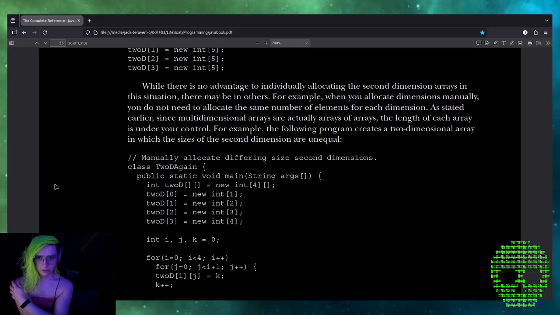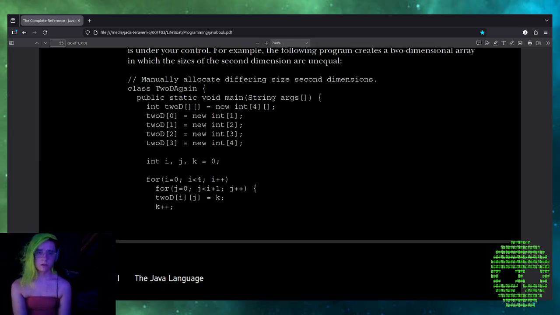Manually allocate differing size second dimensions. class TwoDAgain { public static void main(String[] args) { int twoD[][] = new int[4][]; twoD[0] = new int[1]; twoD[1] = new int[2]; twoD[2] = new int[3]; twoD[3] = new int[4]; int i, j, k = 0; for (i = 0; i < 4; i++) for (j = 0; j < i + 1; j++) { twoD[i][j] = k; k++; }